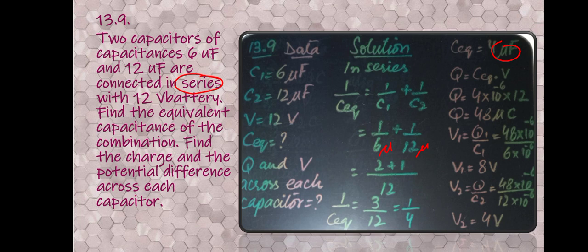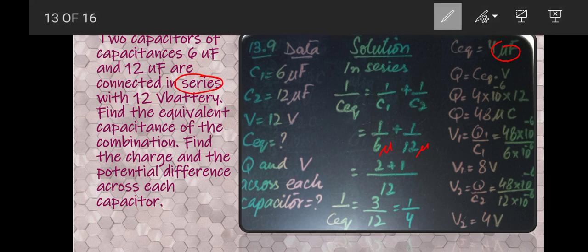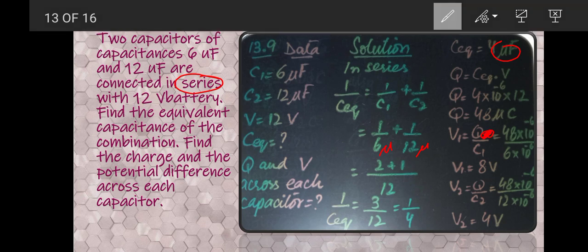Now remember that the voltage across each capacitor in a series combination is different. So we have to write it for both capacitors: V1 for the first capacitor, V2 for the second capacitor. Q1 by C1 gives you Q1 is, now here there is a mistake. You don't have to write Q1, because the same amount of charge is present on both capacitors. So you have to write just Q.